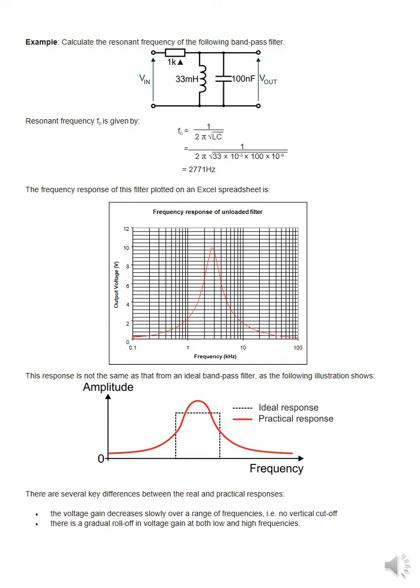If it's given like this, you need to find the resonant frequency of the band pass filter. So just put in the values, and that will be the value of this. And if you want to plot it, you can plot it also. Depending upon the V input you apply, you will get the V output. You need to use all the formulas which we used in the resonance circuit.